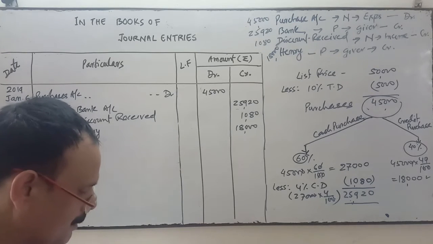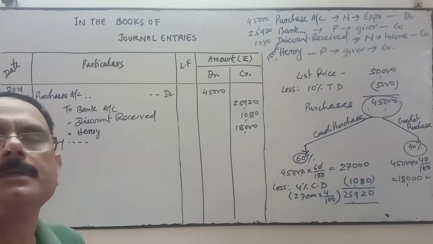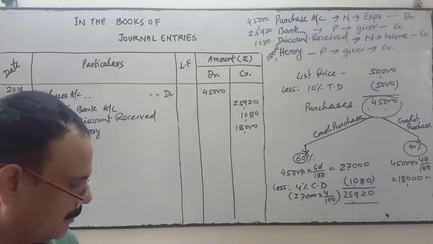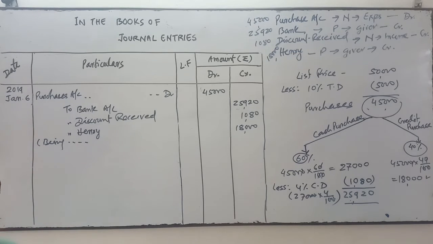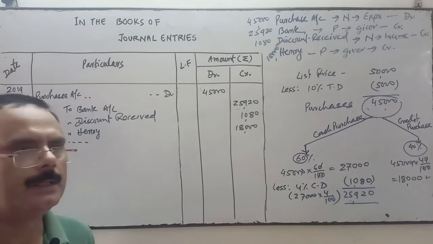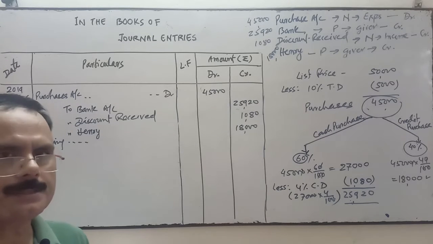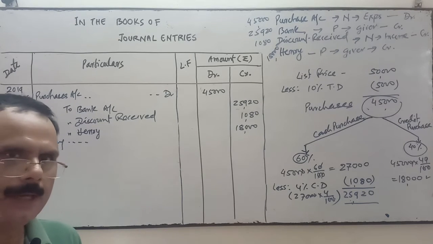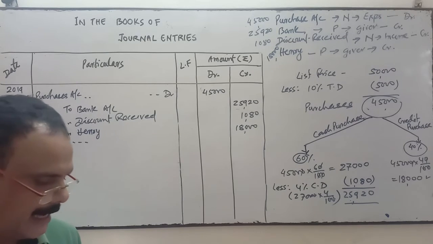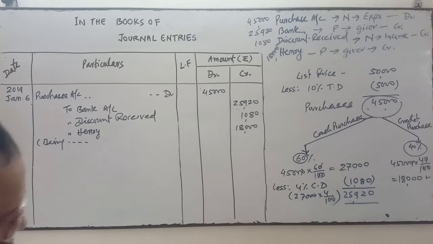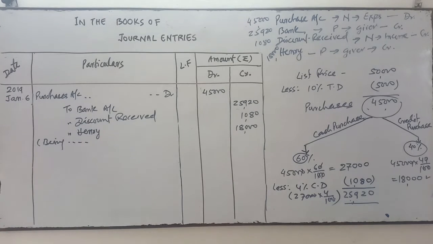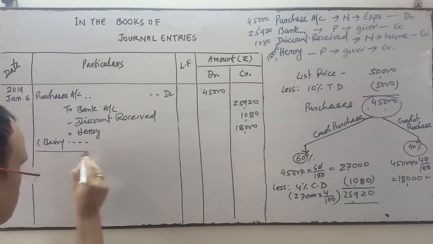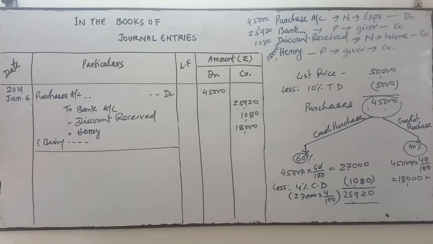Being goods purchased at 10% trade discount and 4% cash discount and 60% amount paid immediately by check. You write it in narrations. I'm not going to write the narration again and again. Narration is very simple. So what we write in narrations, in descriptions: being goods purchased at 10% trade discount and 4% cash discount, and out of that 60% amount paid by check. That's it. So write it in the narration and block this amount, block this particular column.